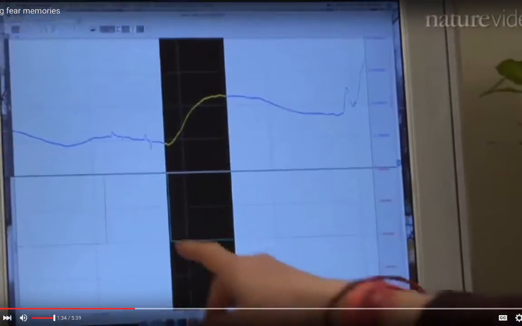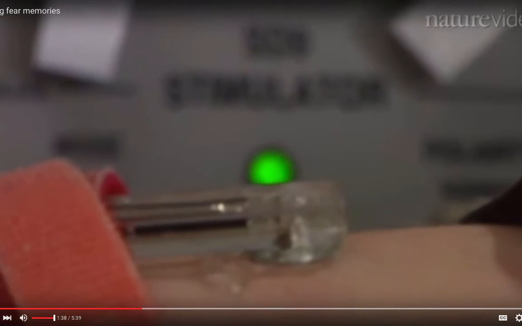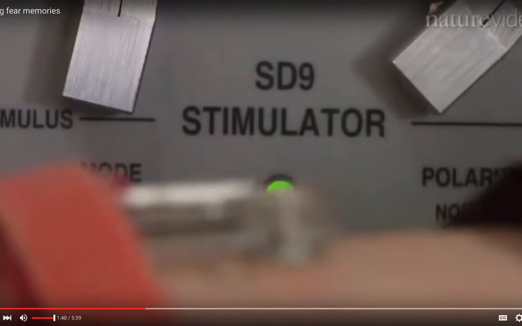The problem with that type of learning is that what we've done, and we know this from a lot of behavioral studies in humans and other species, is we've created two memories. Yellow square predicts shock, and a second one, yellow square does not predict shock. And the problem is, over time, those two memories compete for expression. And this is one of the big challenges in treating anxiety disorders.